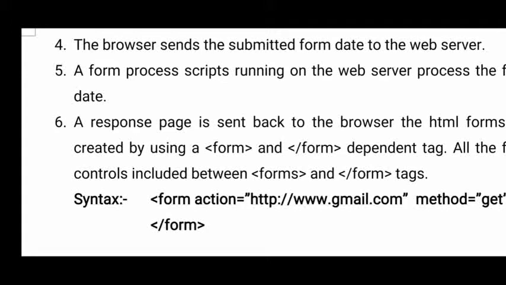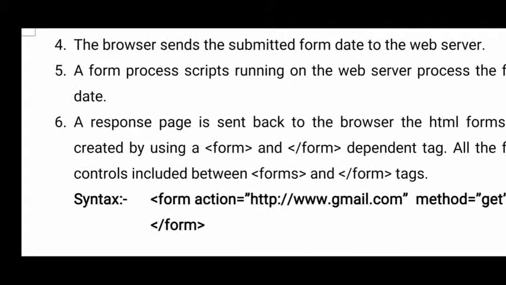Okay, and all the remaining tags will come inside this form opening and closing. And here the main and the most important tag which helps the user to create HTML forms is the input tag. Okay, that we'll discuss later. So what is the main concept here? Using HTML forms. Actually, why are we creating an HTML form? In order to take information from a user, and that information is submitted to a server.